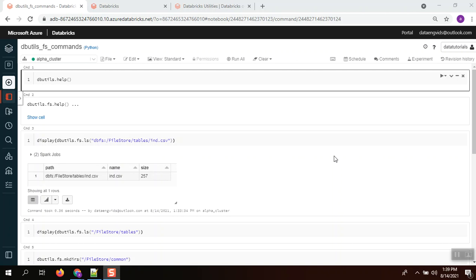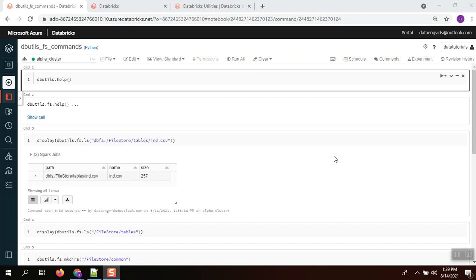Hi folks, today we are going to see about dbutils in Databricks. dbutils helps to perform some utility kind of tasks in Databricks. What kind of utilities? First one is you can play with the file systems. You can copy, list the files in the folder, and also you can delete the files actually through the DBFS utils.